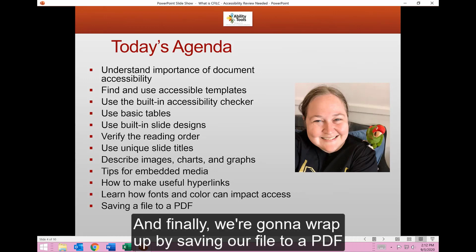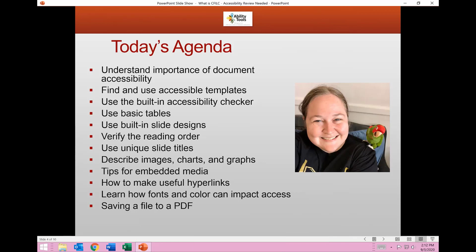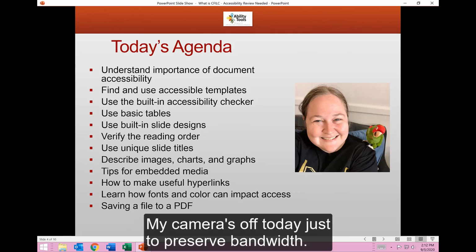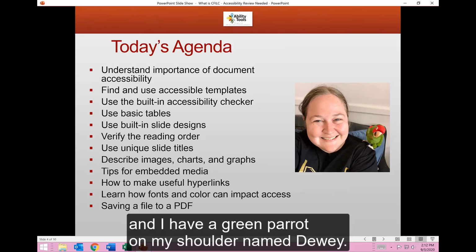And finally, we're going to wrap up by saving our file to a PDF and how to carry over some of the accessibility tags to that PDF. On this slide here, I have a photo of myself. My camera's off today just to preserve bandwidth, but my hair is pulled back in a ponytail, and I have a green parrot on my shoulder